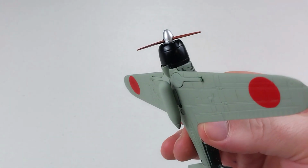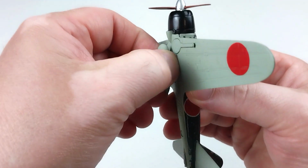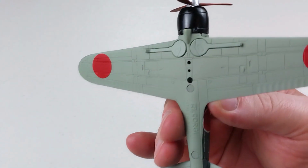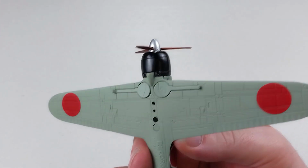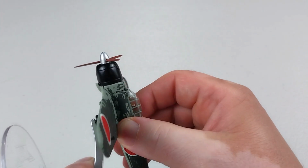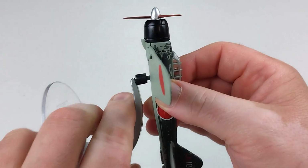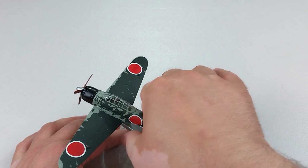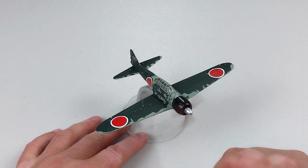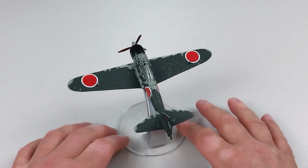And of course, if you do want to display it on the stand, where does the stand go? The usual spot. I don't know what the go is with manufacturers. They always seem to cover the stand holes with some ordnance. They don't really bother in trying to let you guys that have yours in flight keep it in position. You've just got to take that ordnance off and then put your stand in that. Jeez, doesn't want to go in there. Stand in that hole, and that is that. But it does look mighty fine. I don't mind this Corgi Zero at all. I reckon it does look pretty sweet, and that is how she's going to look in flight on your stand,